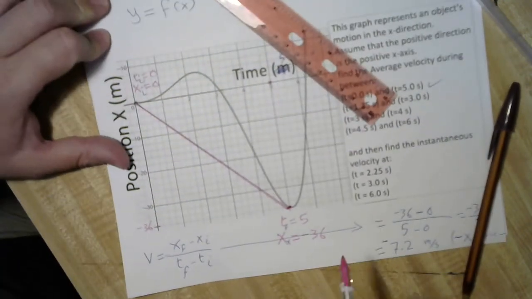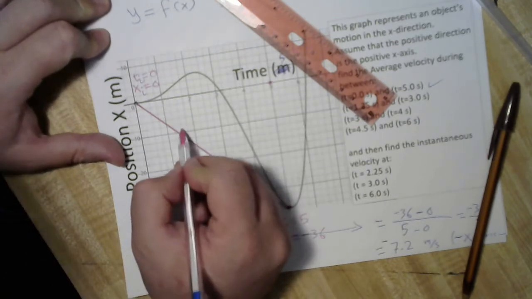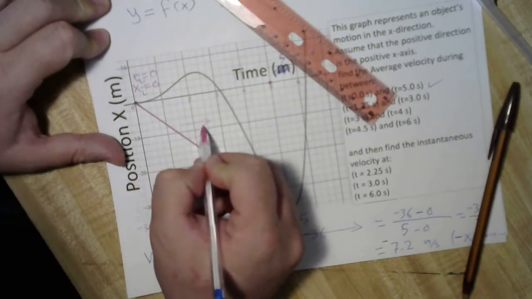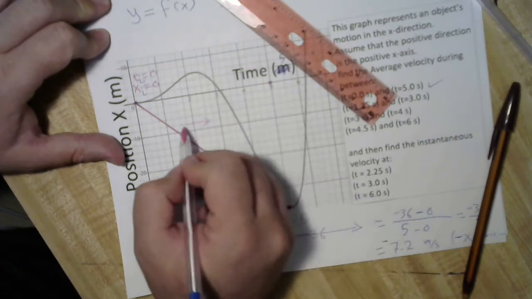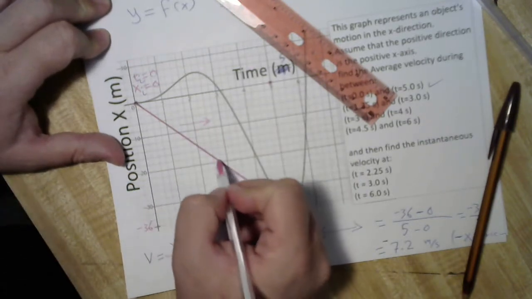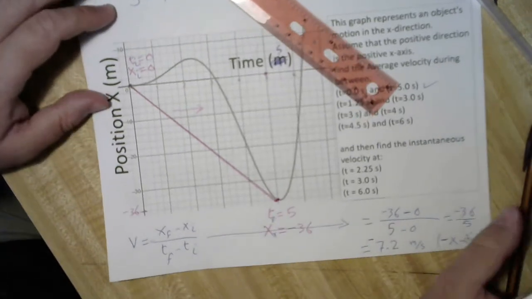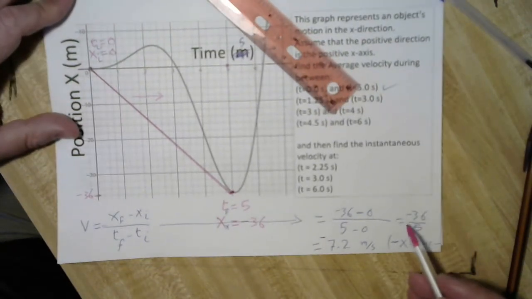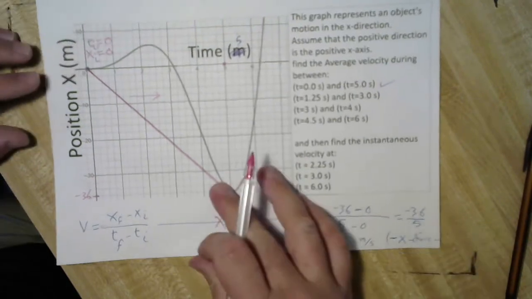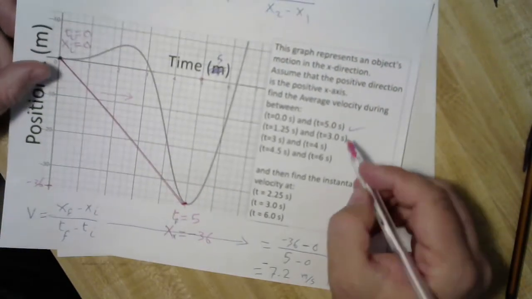Also, how can I know that? If I move to the right in time, or if I move forward in time, then the position is going down. That is the meaning of the negative slope. Now I will find the